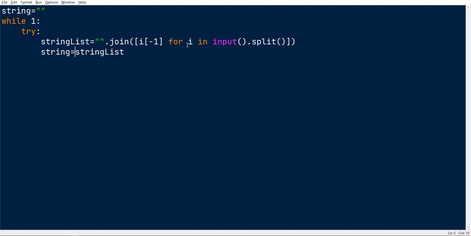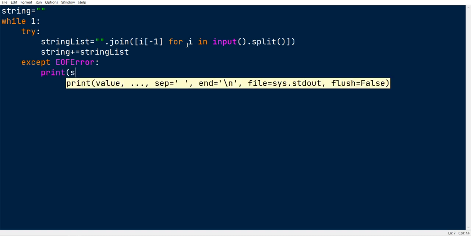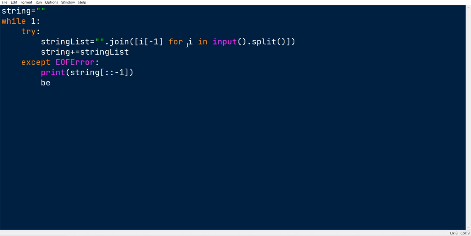To simplify, I'm just using the plus equal to method. Once we run out of input, so there is no more input, we just need to break the loop and print the values, right? Except EOFError, which is nothing but the end of file error. Once we hit that, print the string in reverse order and then break the loop.